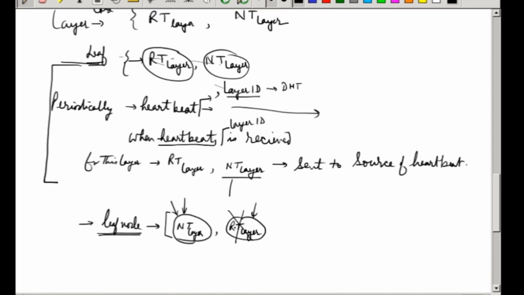If you are a leaf node with a node ID, then you are going to maintain a routing table. The advantage of maintaining a routing table is that maintaining only a neighbor table has a problem. For example, in the IIT Kanpur campus, I have maintained only my neighbors, and suddenly the network is dead.